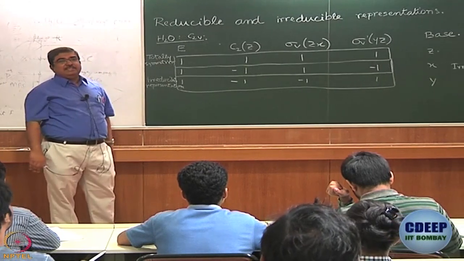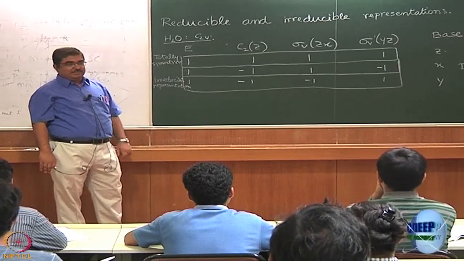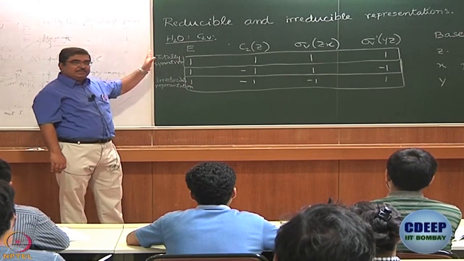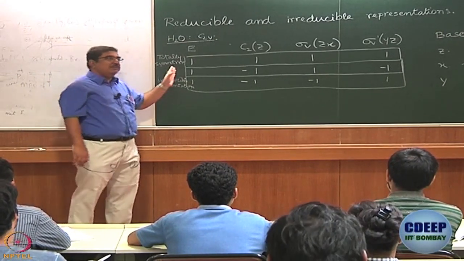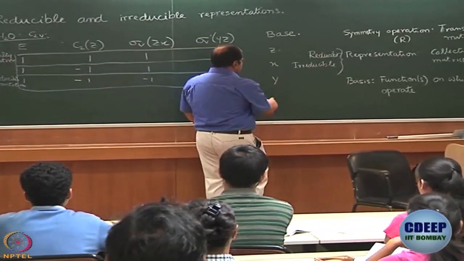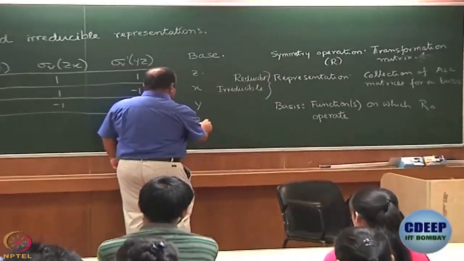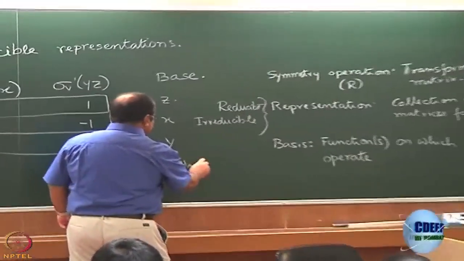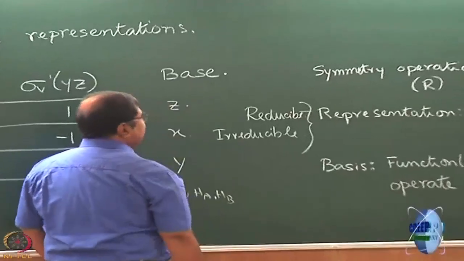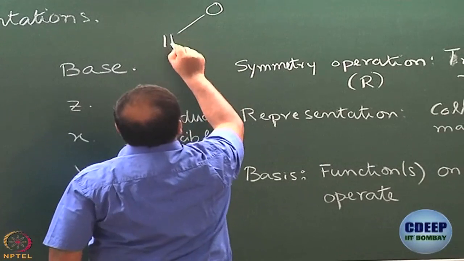Now let us do something. Let us use a different basis and see if we get any new irreducible representation. C2V is what we are dealing with. The simplest C2V molecule that we know is water. So, let us use water. Now, I want to use O, HA, HB as basis. What am I saying? This is what I am saying. This is water.